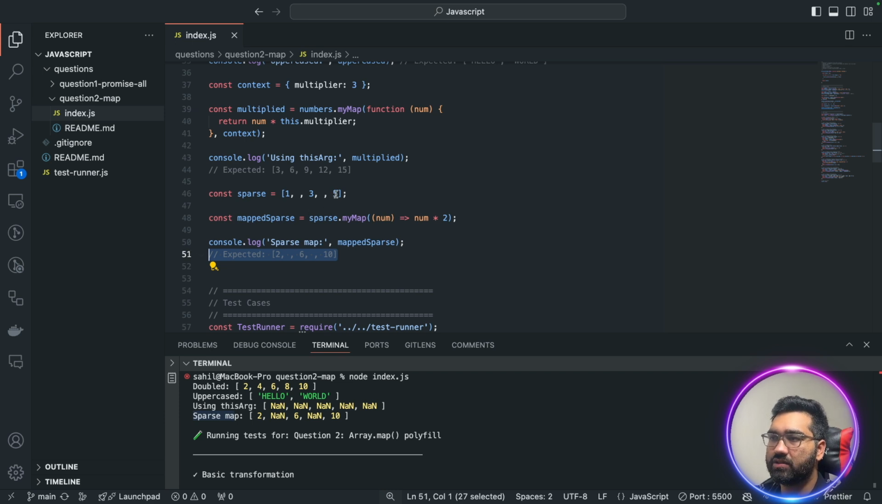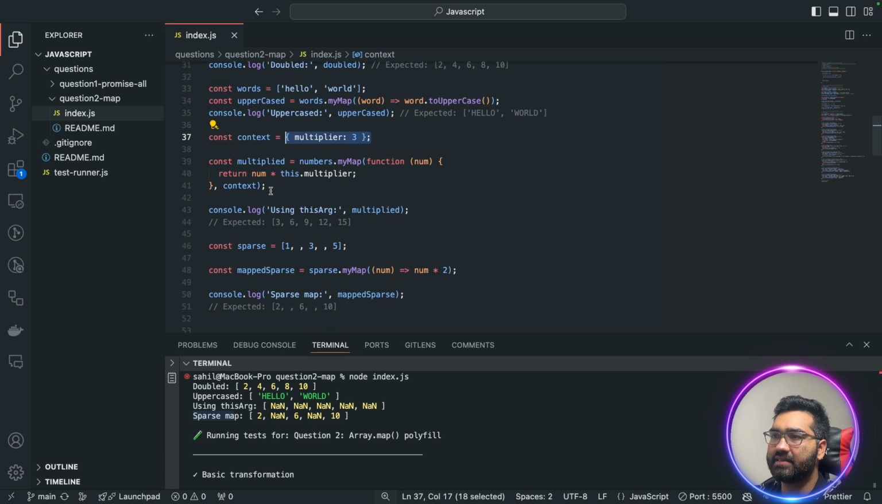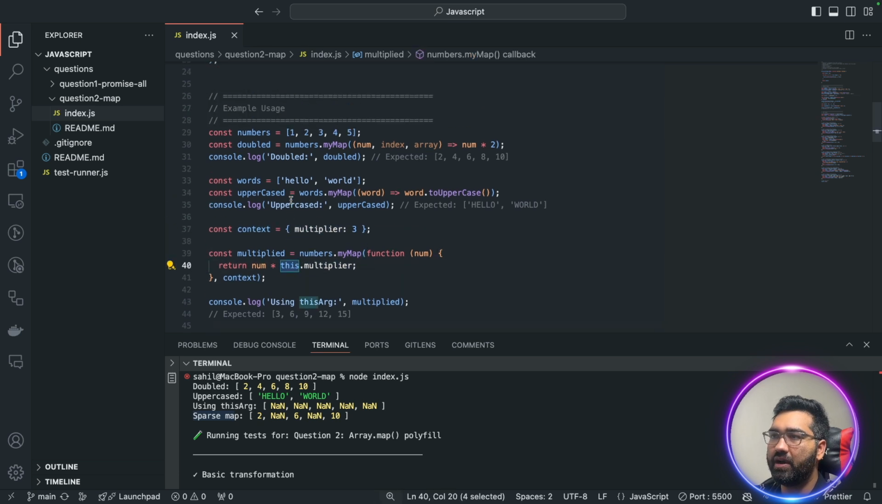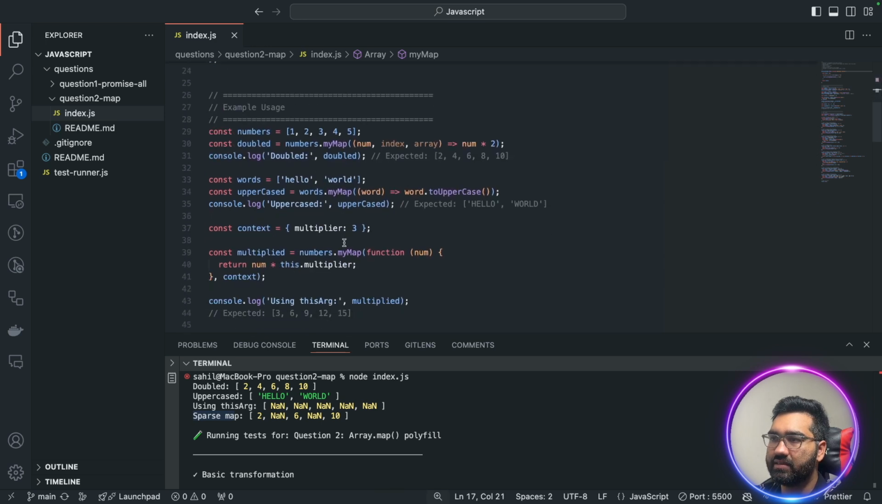Now how do we solve this? So let us go with the first one. In the first one, you can see we have this context object, and we are passing it as the second argument, right? In the callback, we are saying this dot multiplier. Now this is not pointing to the context. This keyword is pointing to the array, right? This keyword is pointing to the array. So how can we link this dot multiplier inside the callback to the context